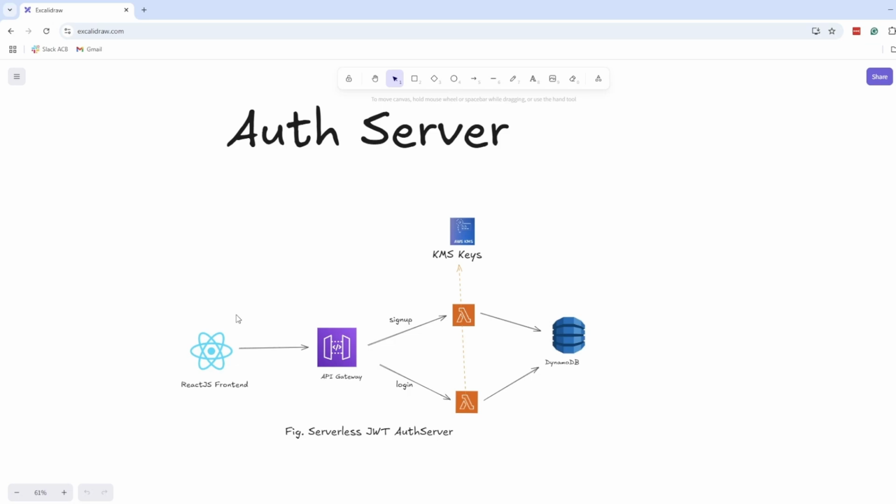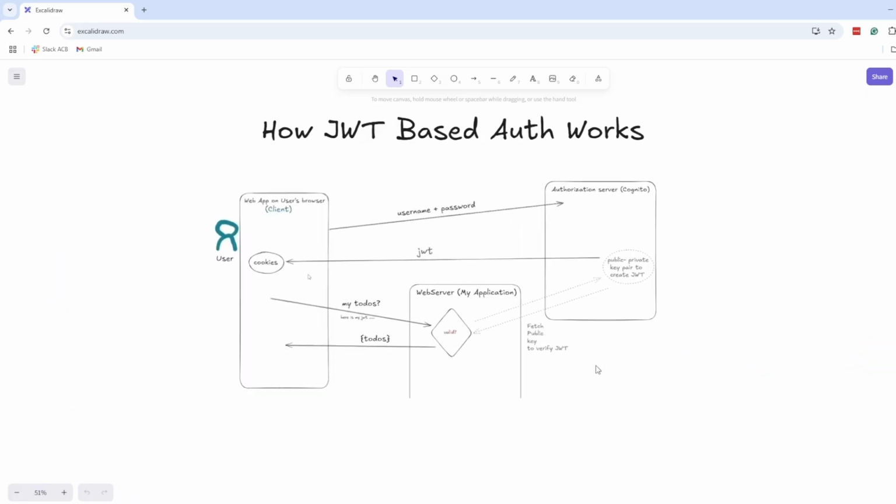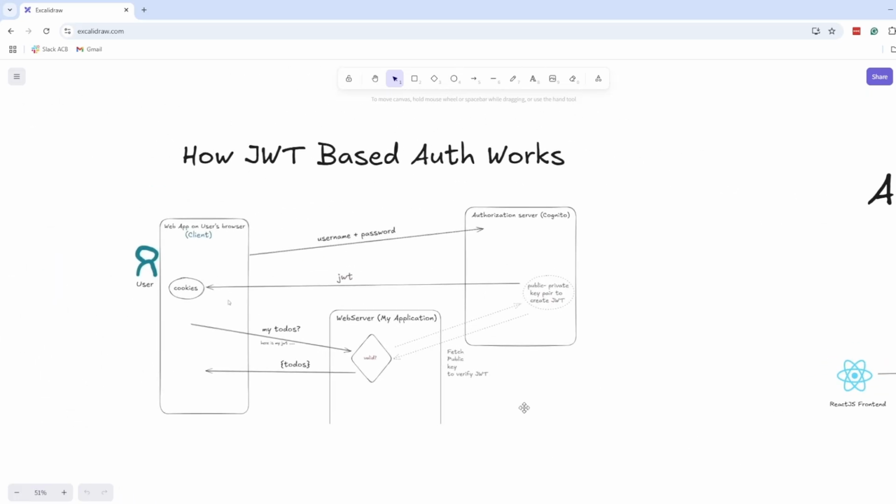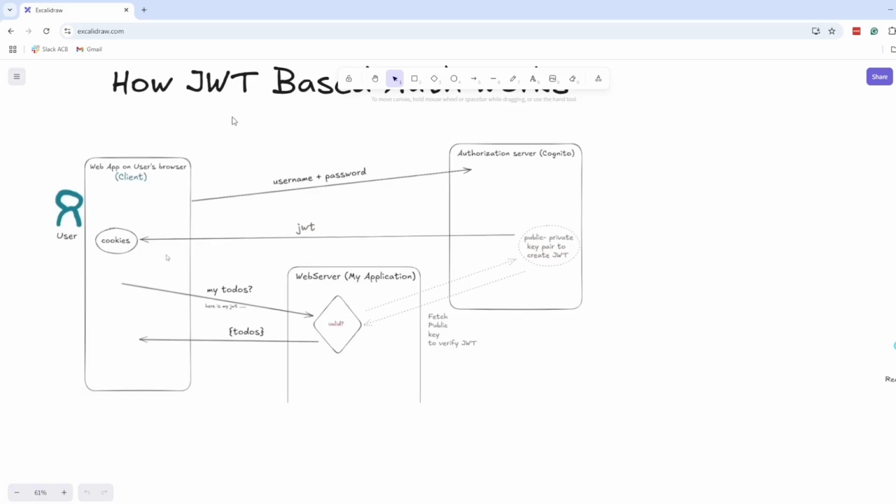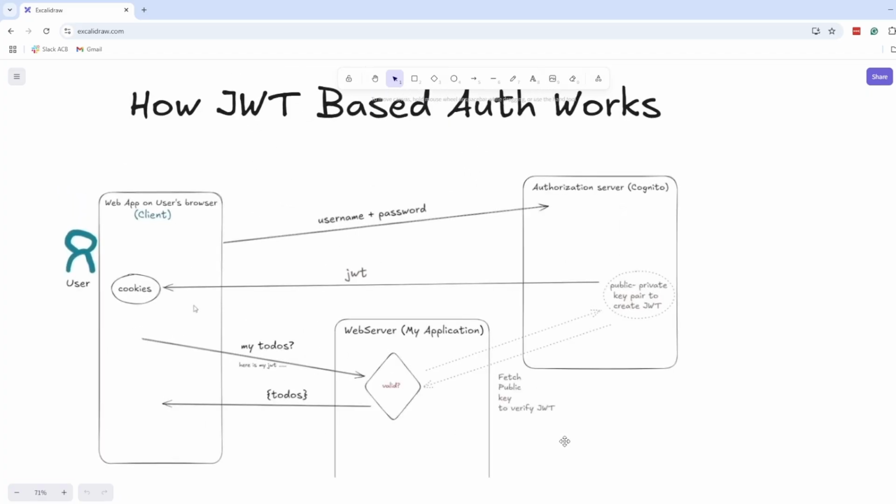But before we create a JWT based authentication server, let's understand how JWT based authentication works. So this is how JWT based authentication works. Here I have my client or React application, and here I have my APIs or, let's say, application server, and